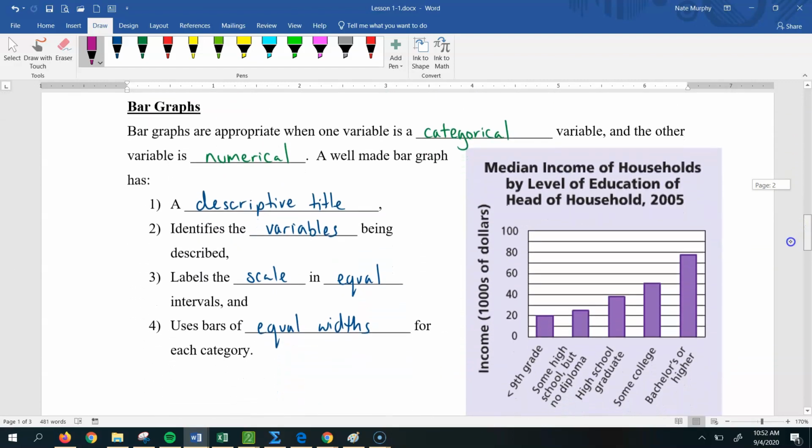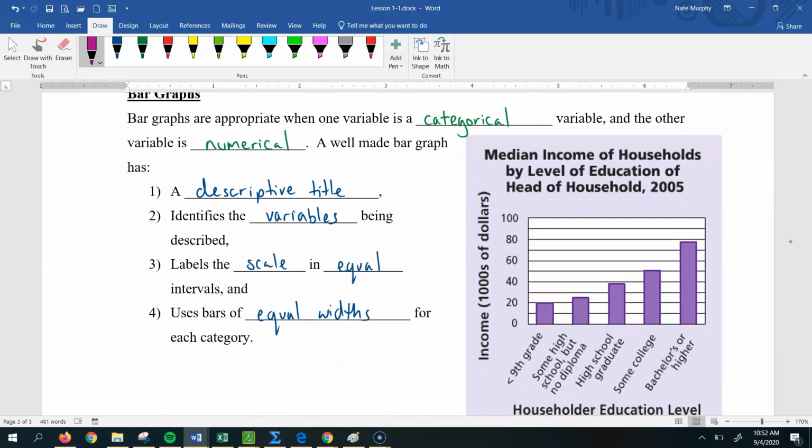So now we're going to be looking at different graphs in this unit. One of those graphs would be a traditional bar graph. Now you've seen bar graphs before. A bar graph compares categorical variables with a numerical variable. So here's an example of that, where along the bottom, along the x-axis, you would have your categorical variable, which would be your household education level. And on the side there, you have the income, how much money people make based on the amount of education